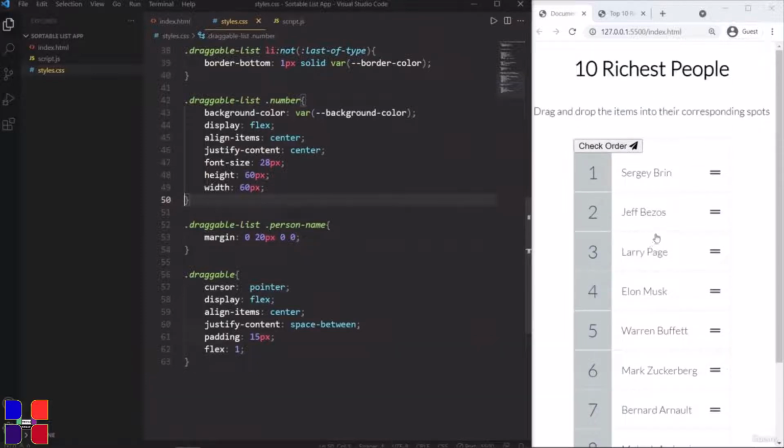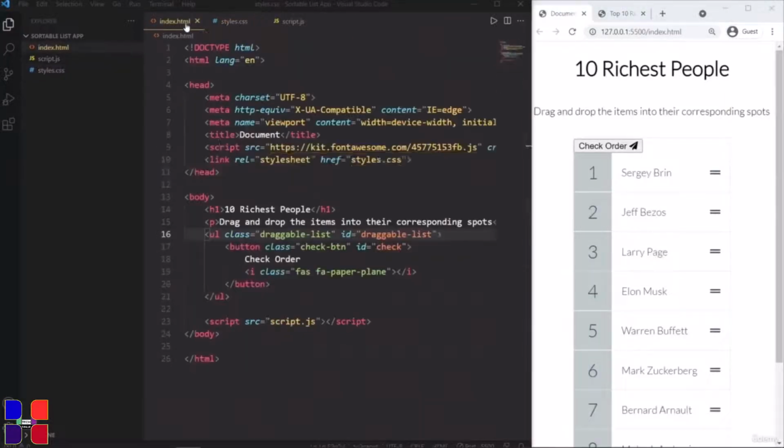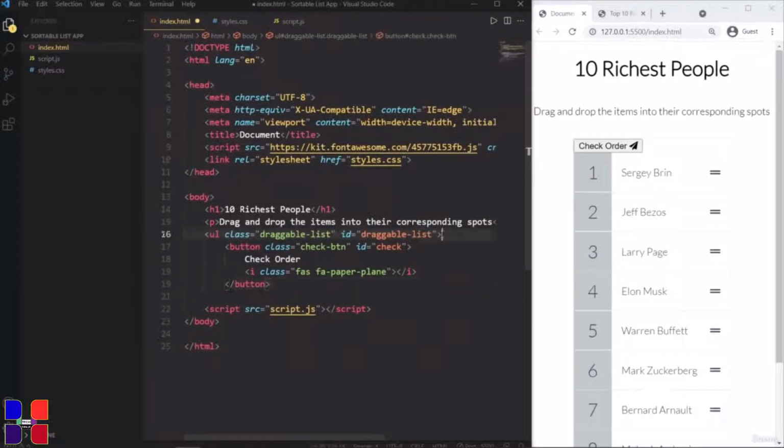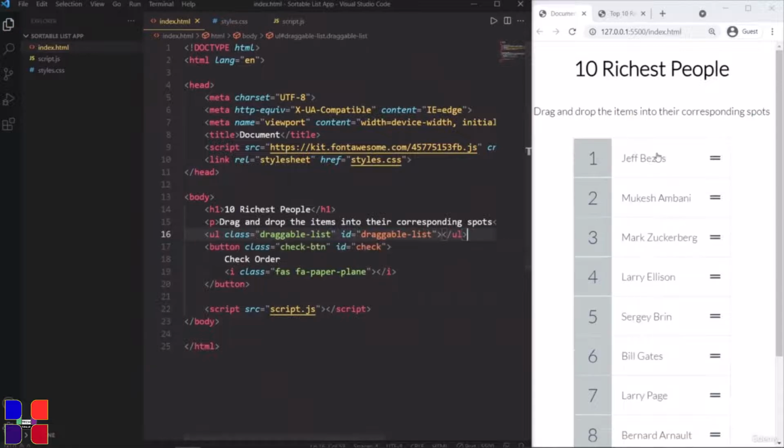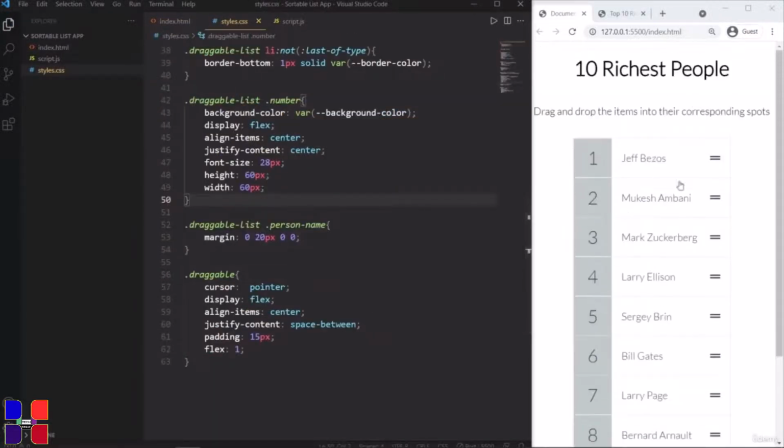Now one thing you may notice here is that this check order button is appearing at the top of the list. We want to display it like this at the bottom with some margins. So let's go to the index.html and put this button out of this UL tag. So let's delete it from here and end the UL tag here. Now you can see that the check order button is at the bottom, and you can also see now that